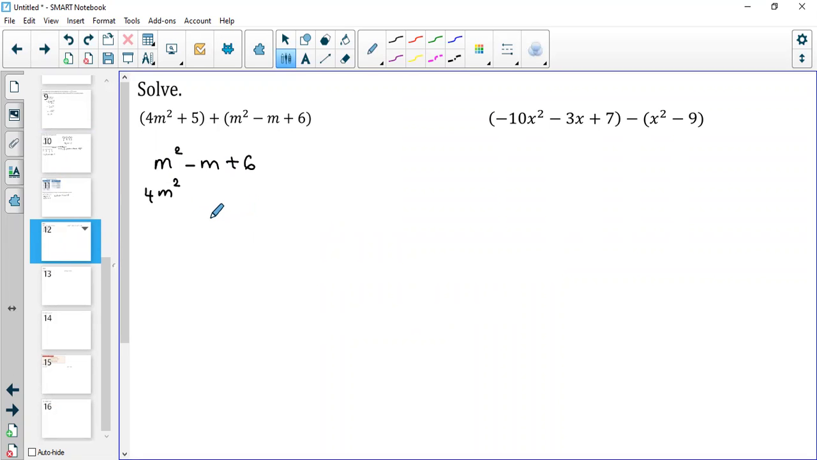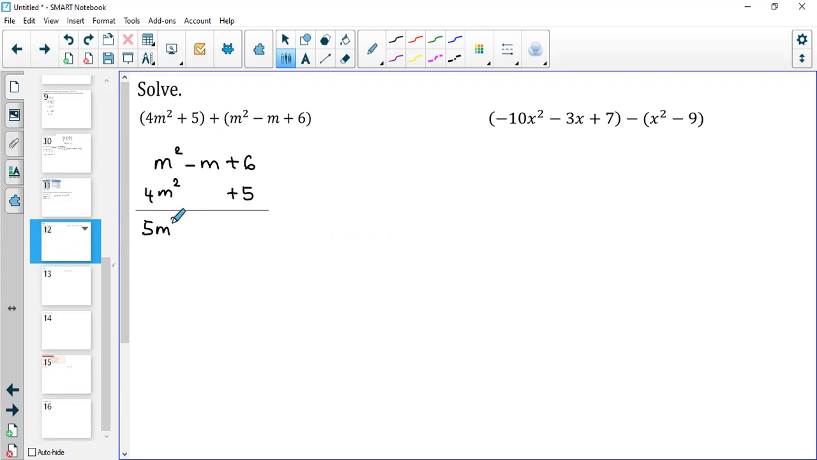From childhood, we have been learning about place values. Then the next one is plus 5. We know that plus 5 will definitely not go under the n term, so we leave that empty and write 5 under the number place. Right, so let's add them. If there is no number, it means it's 1. So 4 plus 1 will give us